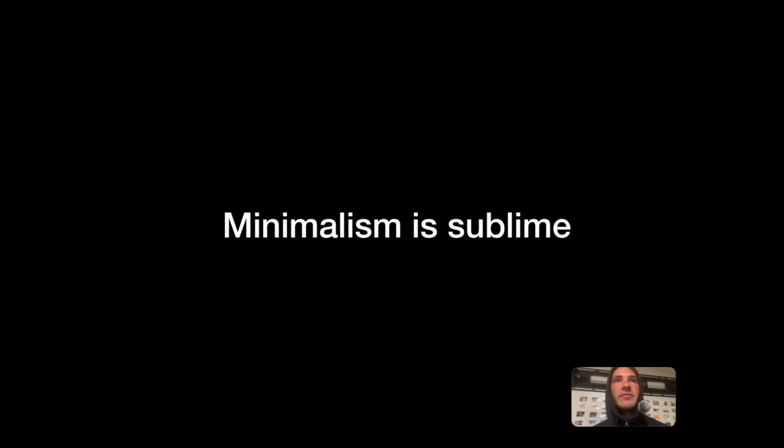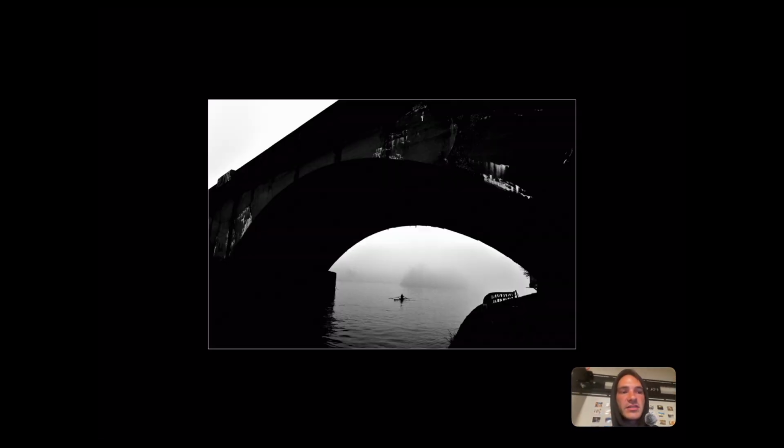And so I believe minimalism is sublime. Minimalism is beyond beauty, where I find that there is an art to making a frame that is simplified and easy to read, that evokes an emotional response in the viewer. Where we have this single man here rowing down the Schuylkill River on this gloomy, foggy morning. However, that isolated framing of the person in between that bridge and the fog and the atmosphere that's created through stripping away all of the superfluous and focusing on this single subject in this very beautiful environment